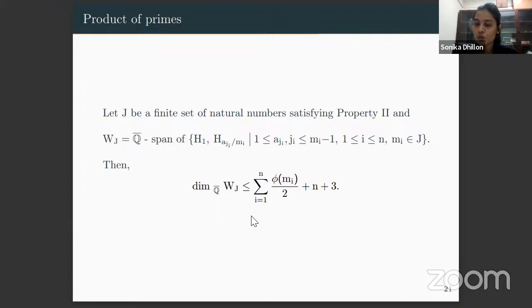Previously we had 2 cases: the difference between the dimension of this vector space Wj and that quantity phi j was either 2 or 3. Here also there is a difference, and in that case we have 3 possibilities. It can be 2, 3 and 4. But one can find a lower bound also.